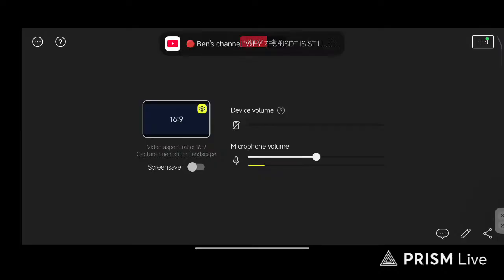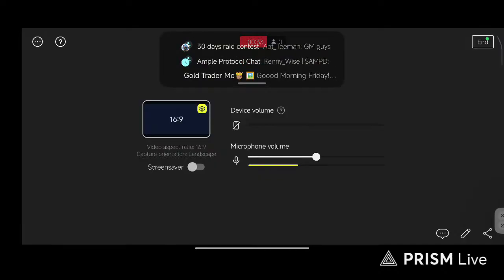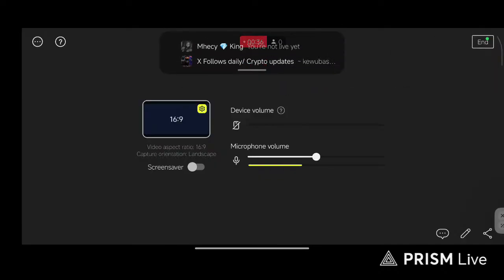Today we'll be understanding structures, trends, ranges, and momentums, which will help us to explain why Zcash